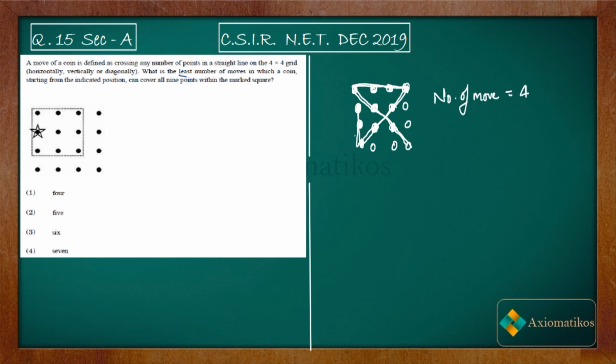So it's not that easy as I am telling you. In your exam, if you don't know how to proceed, you have to try many ways, and by trying many ways you will end up with the required moves. Maybe there is another way, I don't know, but I can figure out with this that the number of moves is equal to 4, and I have also filled all the positions in this square. Got it? So this is why your first option is correct and all other remaining options are incorrect.